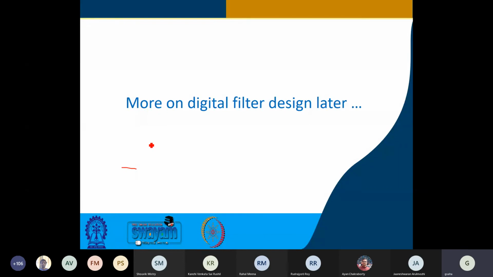Now we shall discuss one more variety of digital filter, FIR filter later, not now. Up to class test 1, this is what we wanted to discuss on FIR filter design. Because some of you might be tempted to try out different functions than whatever you see here, which is fine, you can try.